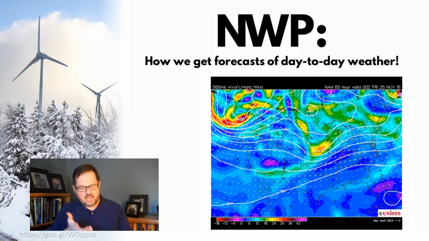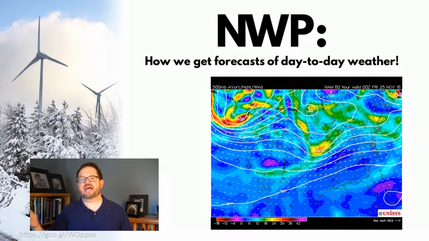I just happen to have an example of a diagram here, and exactly when and what this all is and so on, it's not so important. What's important is to understand that this is the graphical output of a numerical weather prediction model, where it is actually simulating what the atmosphere is going to do. It knows the rules that are the behavior of the atmosphere, and then it is computing, in this case, absolute vorticity and heights and wind at the 500 millibar level. That in and of itself is not so important as the idea that the computer is simulating what the atmosphere is going to do at some point in the future.